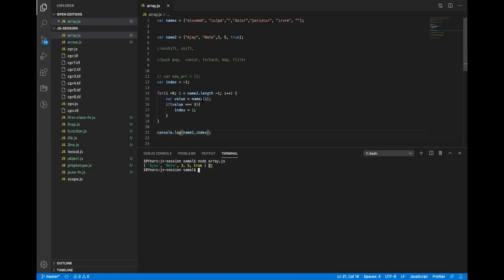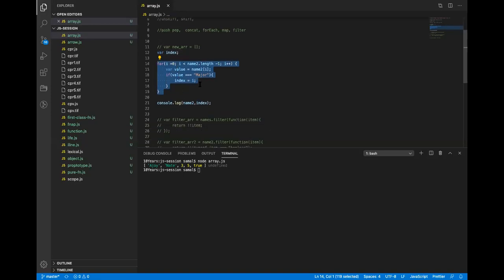All right, and let's see if I want to check some value which is not present. It will still give me the minus. If I don't define anything here, it will give me undefined. So this way I can find out the index of a value. Again, for JavaScript, the array method gives a kind of handy way.